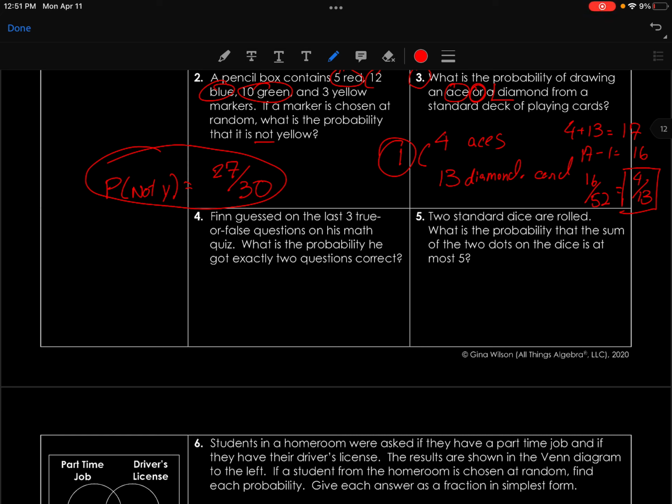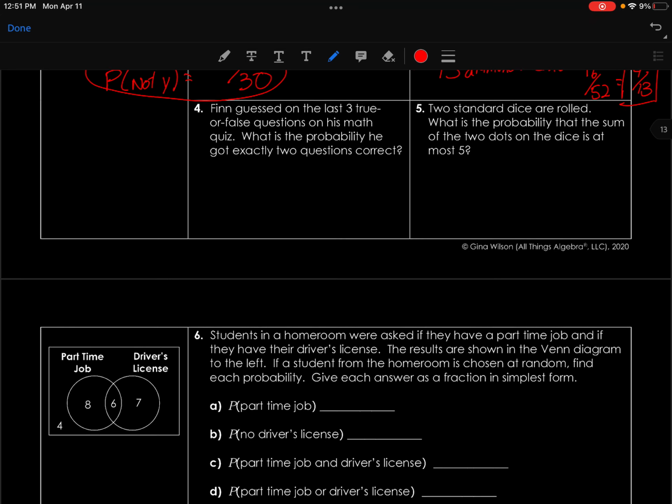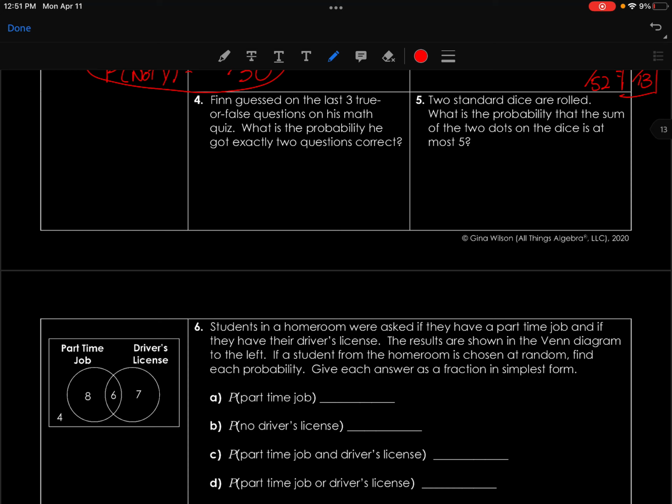What is the probability he got exactly 2 questions correct? Well, this is where we use yesterday's lesson. I forgot what you guys learned yesterday. Well, we learned that